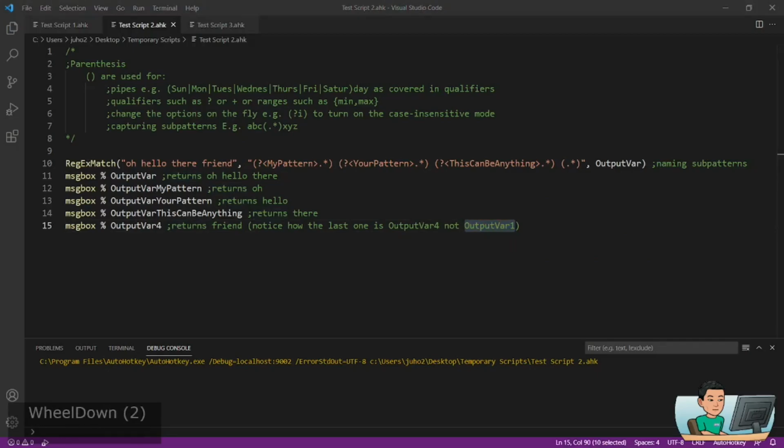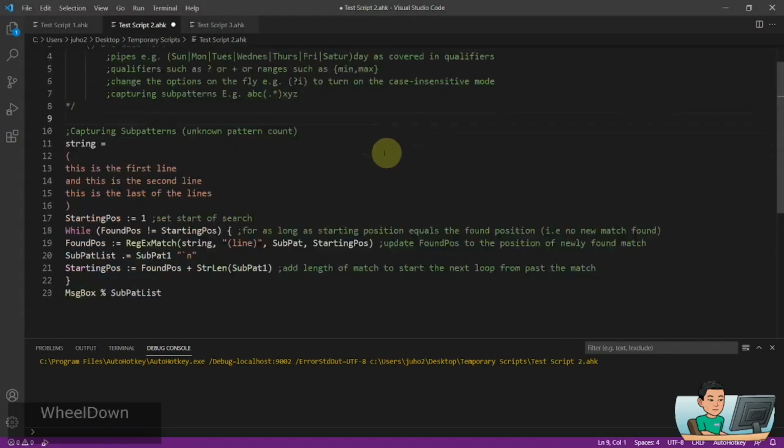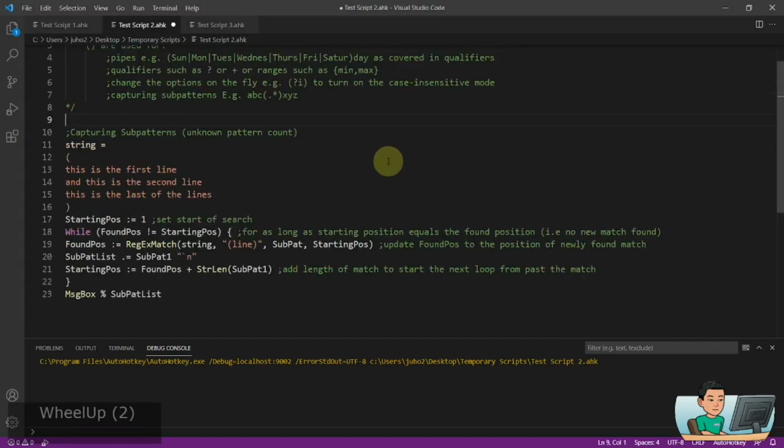Okay, so I'm going to show you a useful example of capturing the sub pattern, which is otherwise slightly difficult to do without the use of regex in AutoHotkey. What we are trying to do here is that I have a multi-line string like that. I've got 3 lines in this string, and I'm trying to match the word line. You can see the regex pattern that I have in the RegExMatch function is line, and let's just assume that I don't know how many